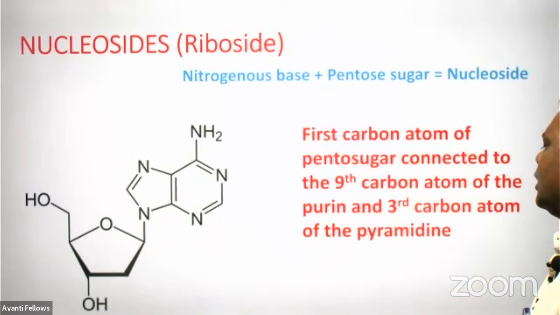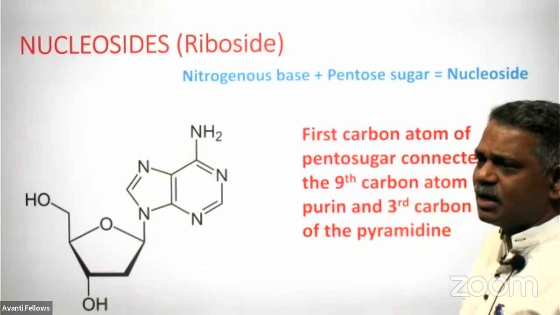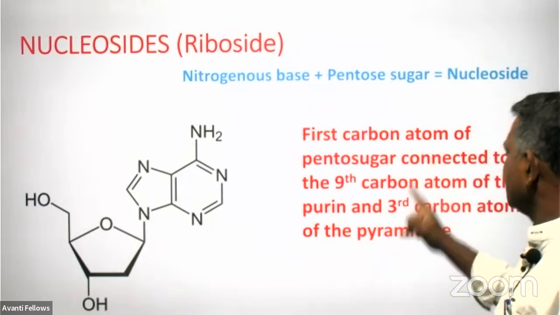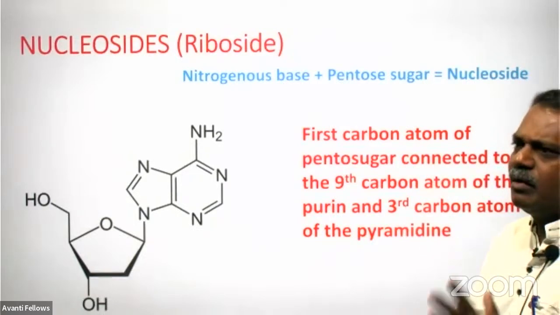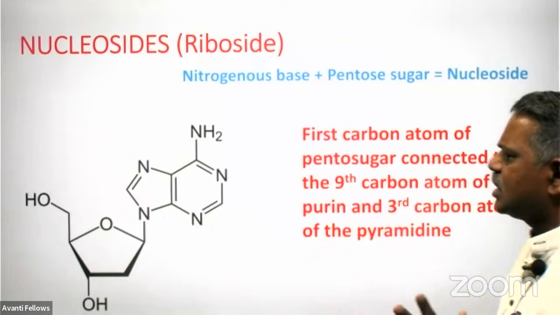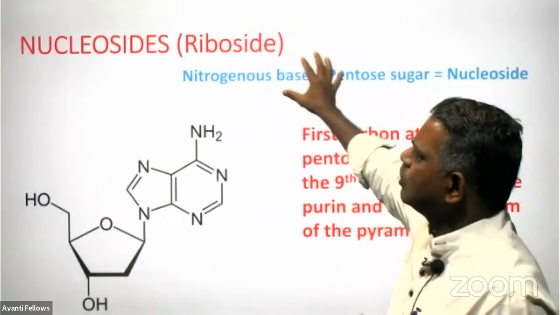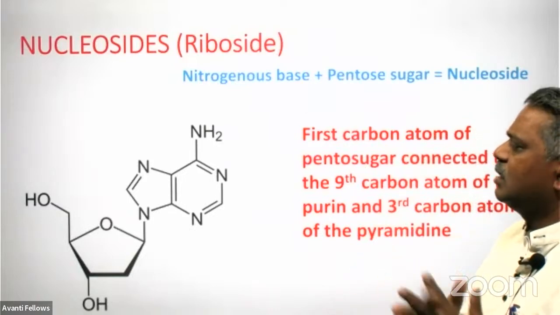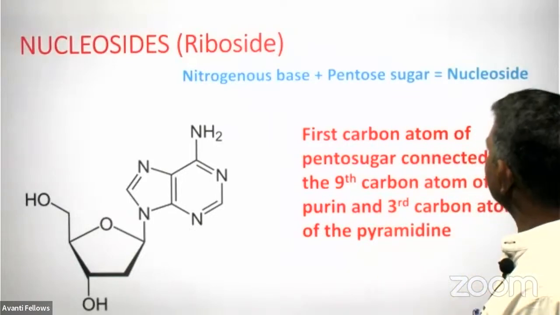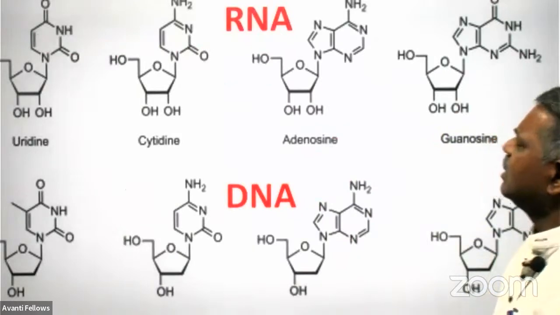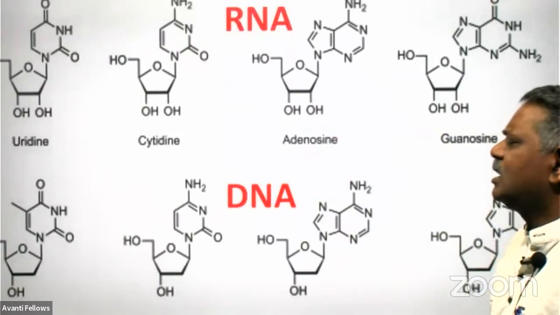Whereas in case of the pyrimidine, it is unicyclic only. And the third carbon atom of the pyrimidine is connected to what? The first carbon atom of this pentose sugar, for getting the nucleoside, or we call it as the ribosides. Let us see different kinds of this nucleoside